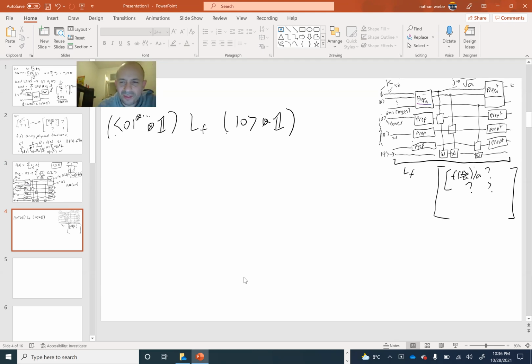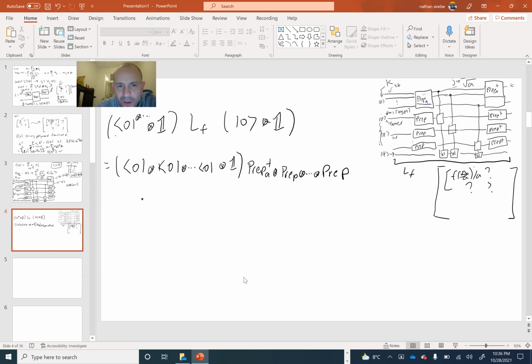So this is the action of L sub f. And so L sub f, again, is of the form: 0 up here, tensor 0, tensor 0, tensor I, all multiplied by prep A dagger, tensor prep, tensor prep, times the